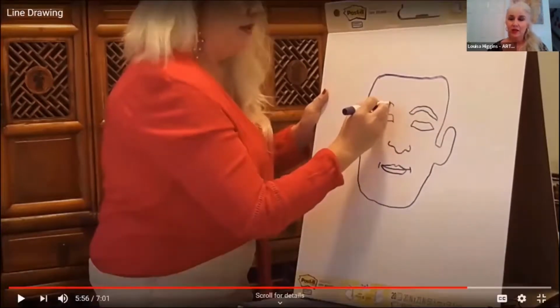This is a line drawing lesson. It's about 7 minutes long, and I show how to do two different things, a shoe and also a face with a partner. And there's more lessons coming online weekly. So here's an example of the lesson that we put up last week, which is doing collage with paint chips. And the one that I just filmed and will be coming online probably today or Monday is about Mondrian style artwork.